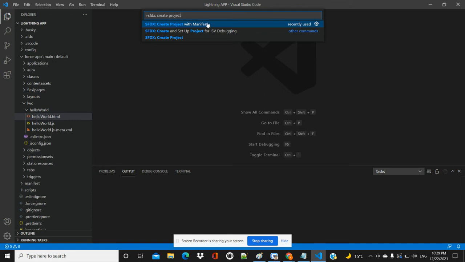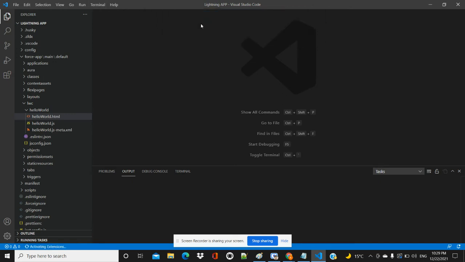Create Project with Manifest option is there. This is the option you select.